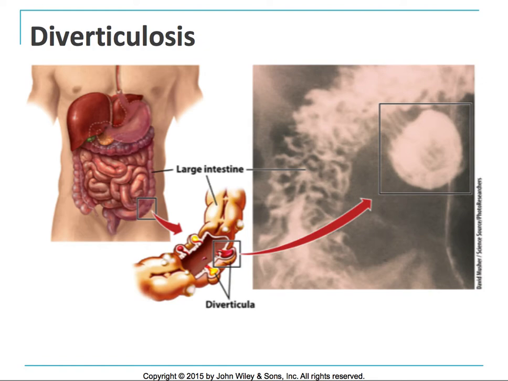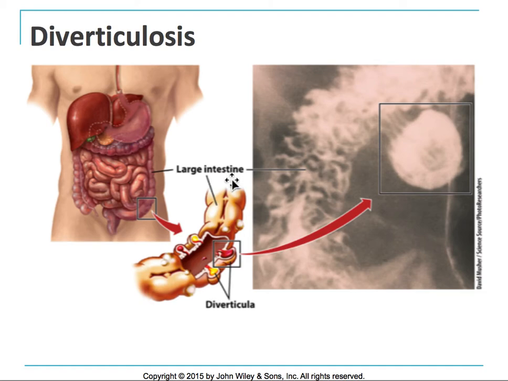And diverticulitis, for those of you that maybe don't know, occurs in the large intestine. What we see in this photo here, and this is in your text, are these little outpouchings. You have your large intestine, which is generally pretty smooth on the inside. And diverticula are these little caves, these little pockets that form on the side of your large intestine. You can see one here in this x-ray. What happens then is